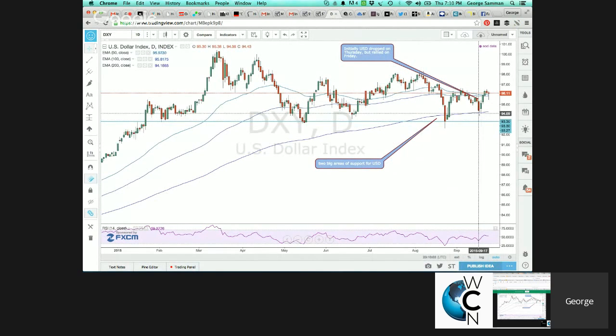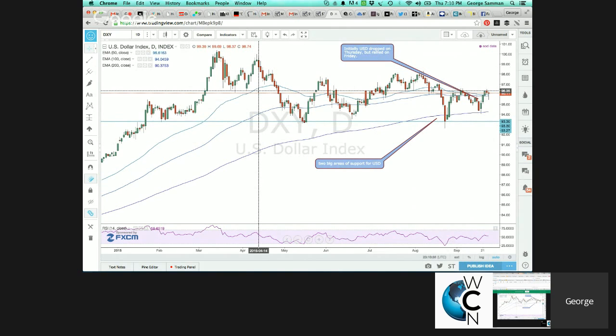So the dollar, initially after the Fed spoke last week, sank and came down to a critical level right near the 200-day. After that, it went back up, and it's been up since, and it's back above all of its moving averages, the 50 on top of the 100 on top of the 200. Today it fell really hard below the 50 and the 100, but then rallied to where we are now based on the Fed talking about potentially raising rates. So there's confusion reigning, and there's two big areas of support: the 94 level and the 93 level down here.